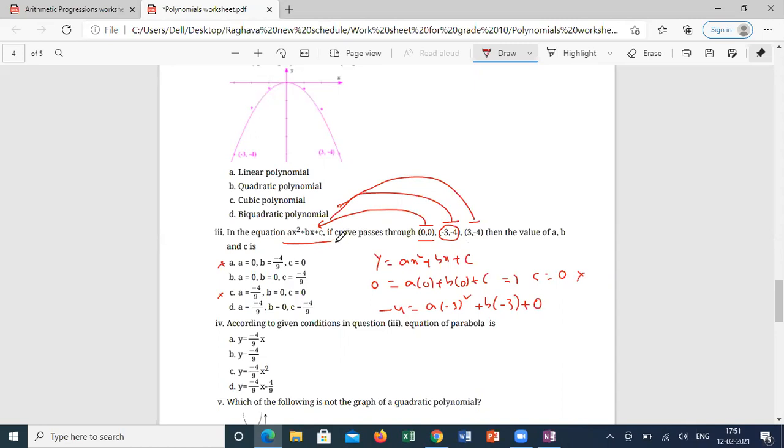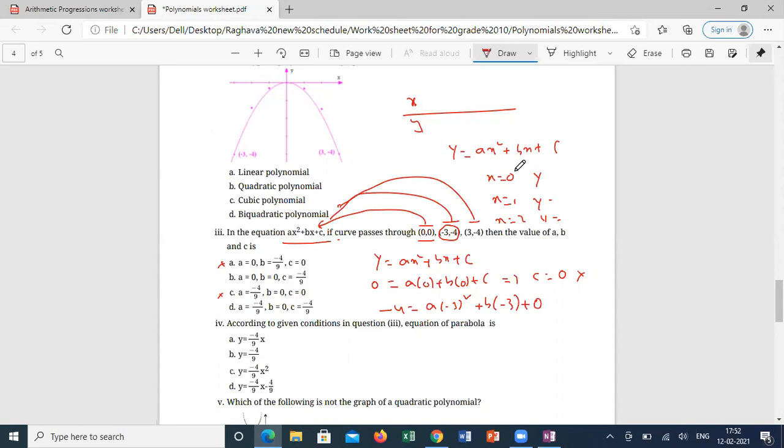See, he's saying this curve is passing through these points. How can you trace the curve? Generally, how will you draw the line? You take x and y; if there is a relation between x and y, suppose y is equal to x square plus bx plus c, put x is equal to 0, you will get the corresponding y value. Put x is equal to 1, you will get the corresponding y value. Put x is equal to 2, you will get the corresponding y value. So if you use this only, you can trace any line, correct?